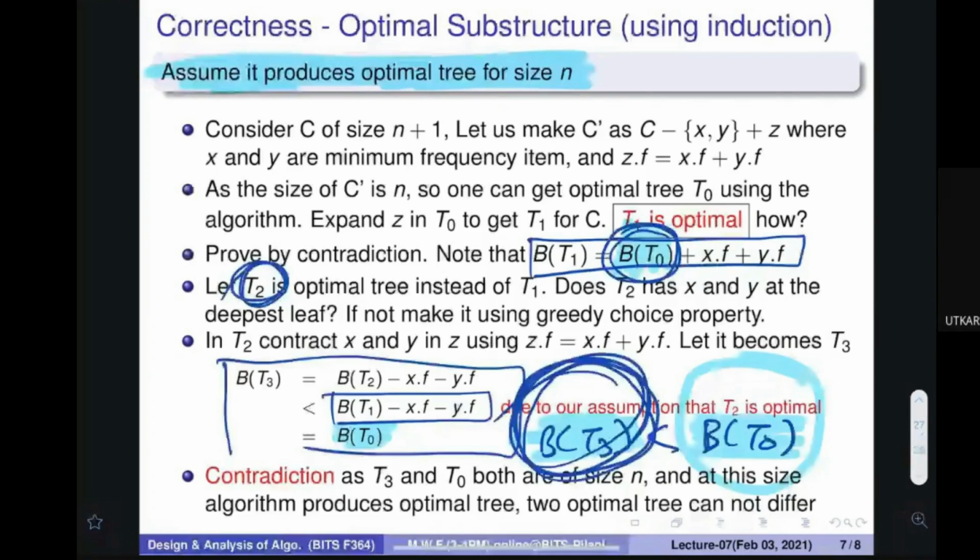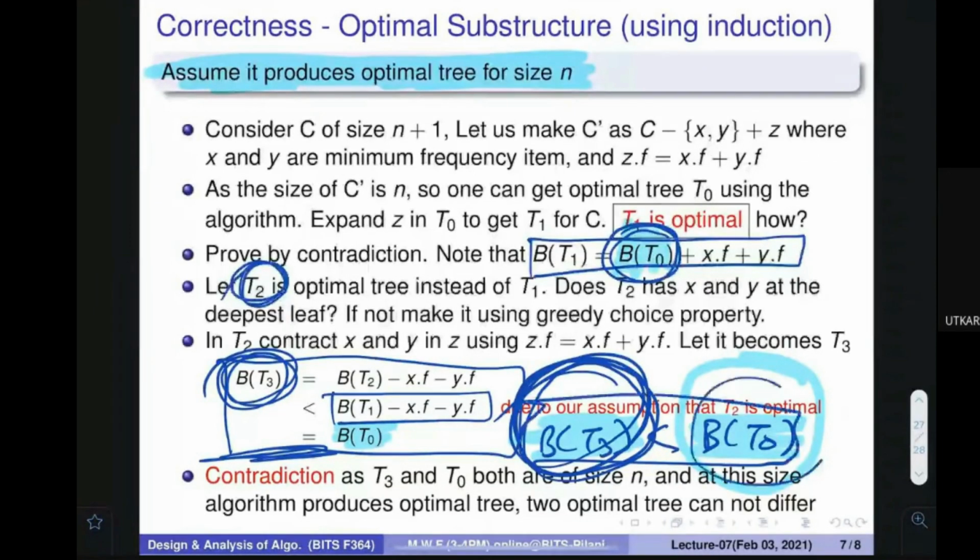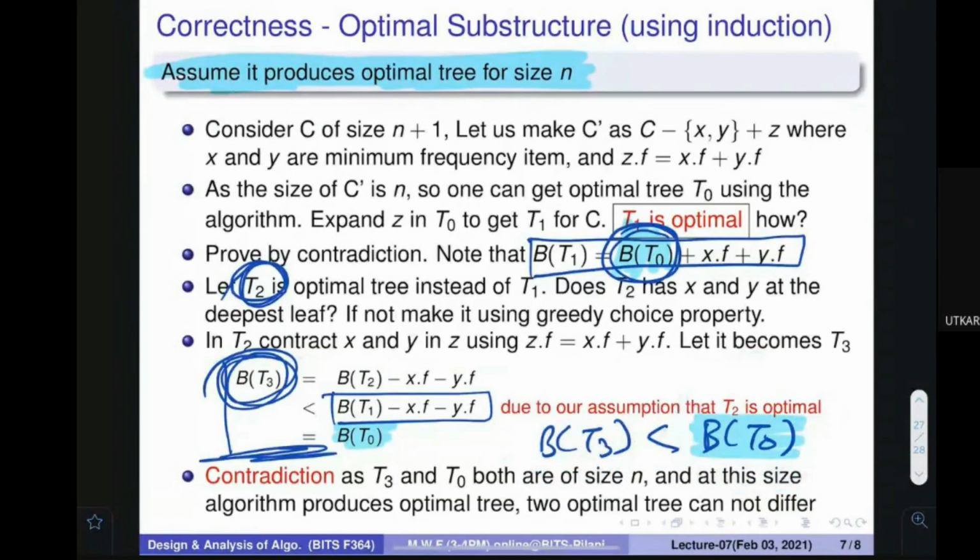Then T3 is going to require fewer bits, meaning T3 is optimal. This is not possible, because my algorithm gives me the smaller thing. How can you come up with anything that is better than my algorithm?